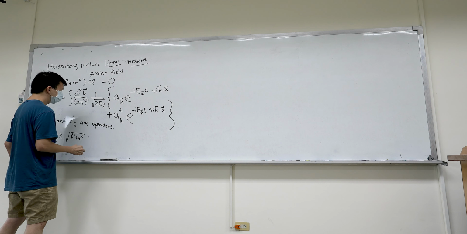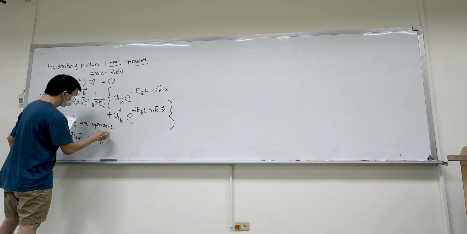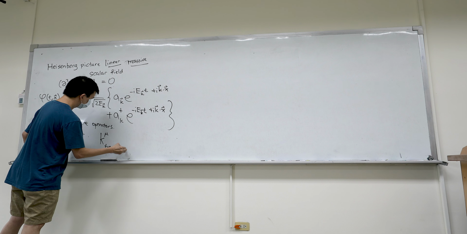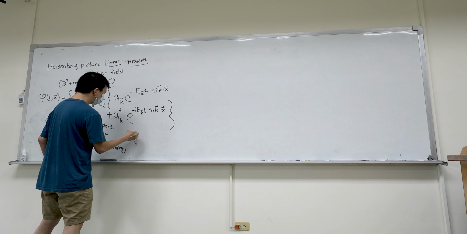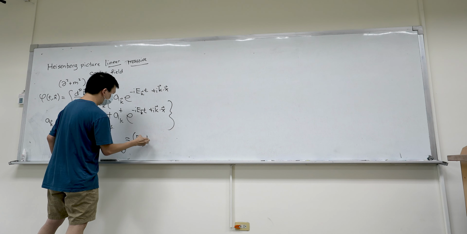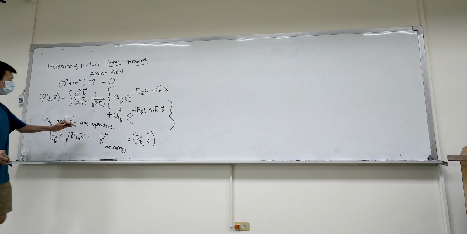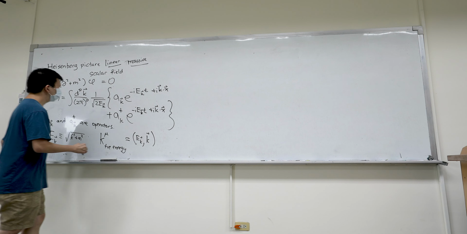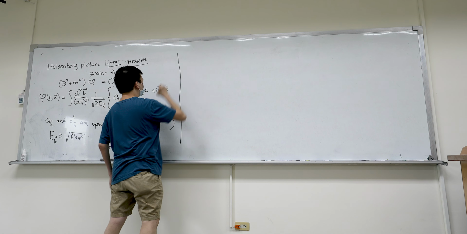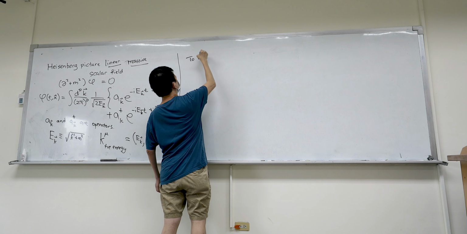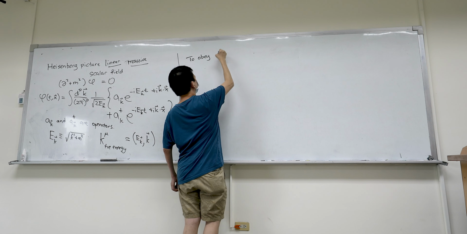So if you define k mu to be the positive energy, then it is basically given by E, and then the k vector. If you want to think about a classical dispersion relation, classical but relativistic energy. And again, to recap what we've been doing so far, to obey the